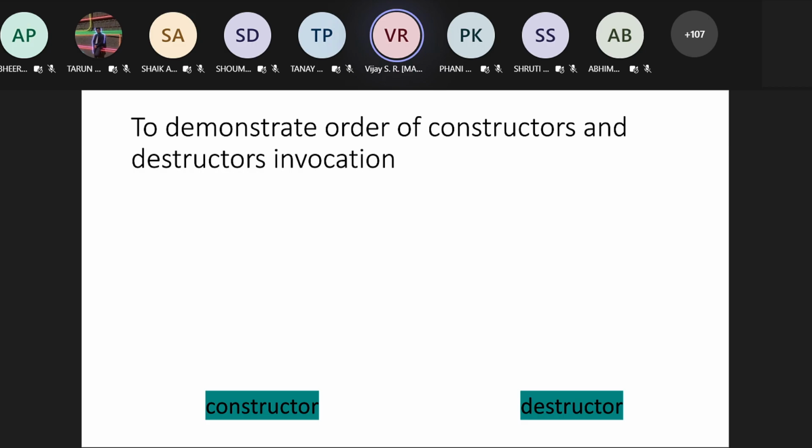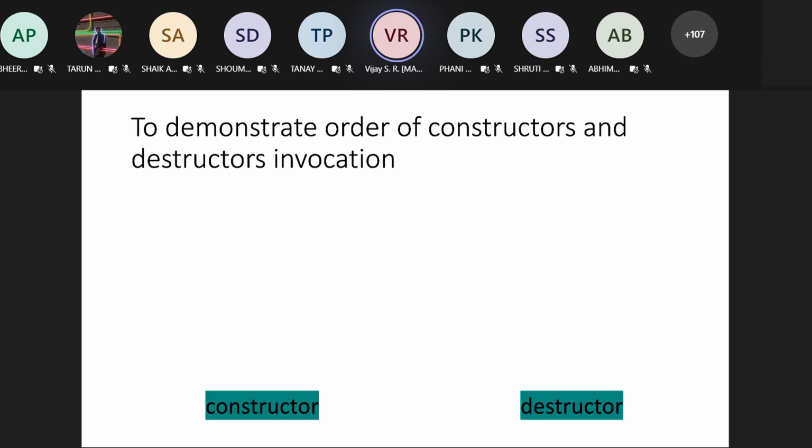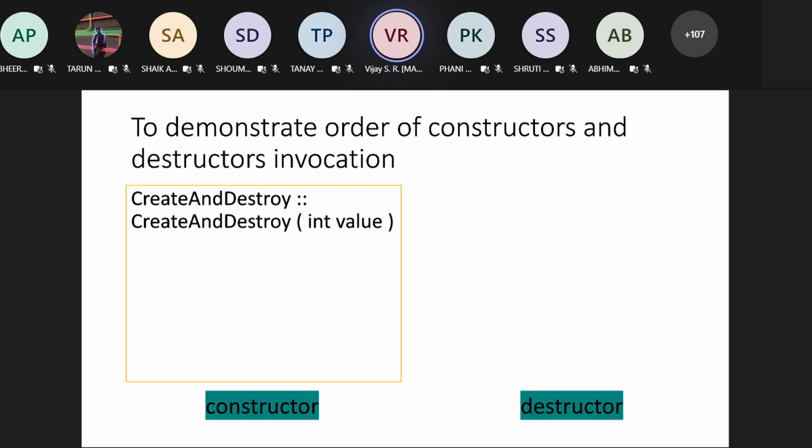So now let us write the constructor and destructor for this previous class. This class simply has to do a construction and a destruction. So let us start writing the code for the constructor. It's quite simple. The same name as the class, CreateAndDestroy, with int value.